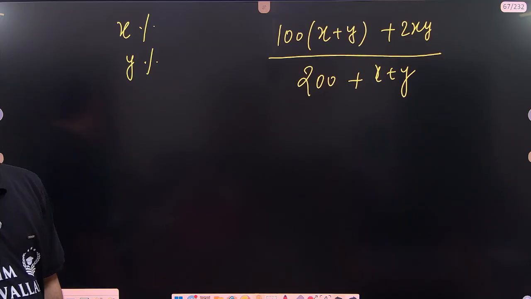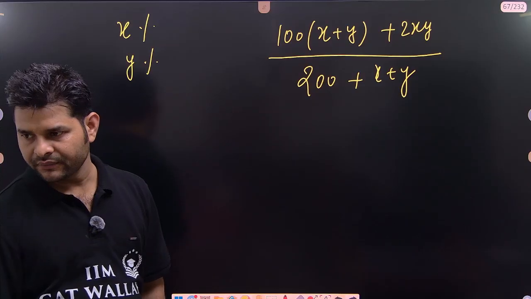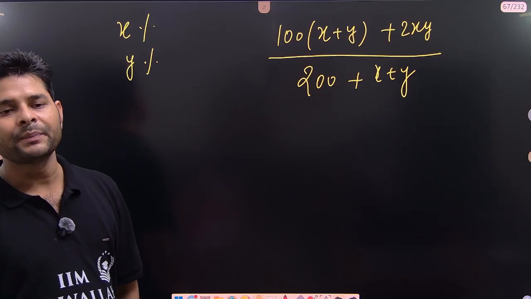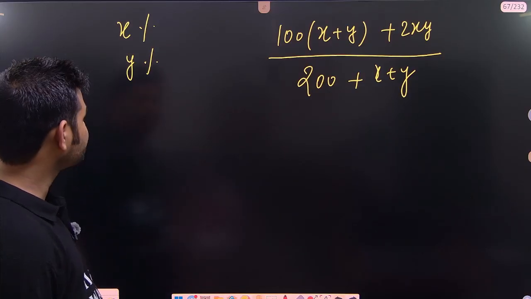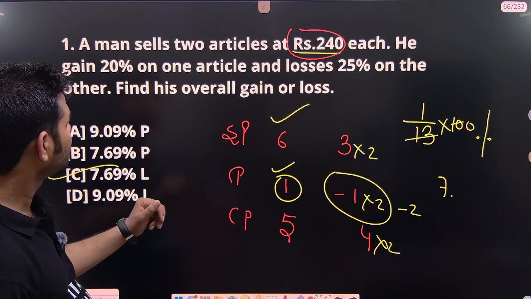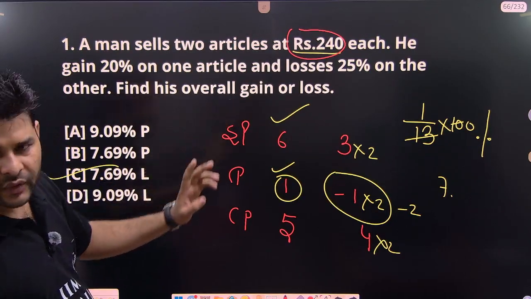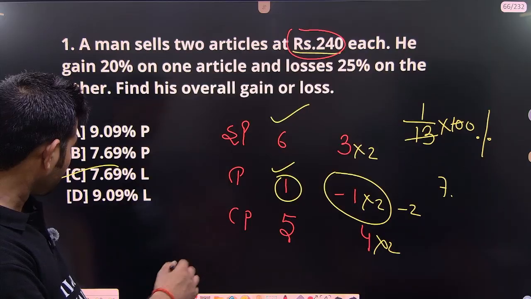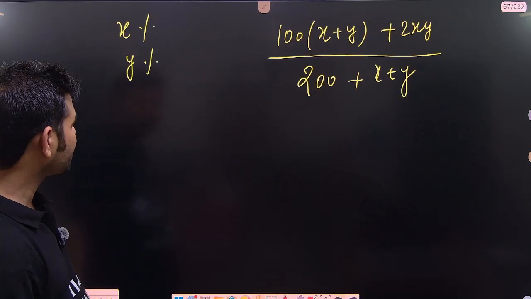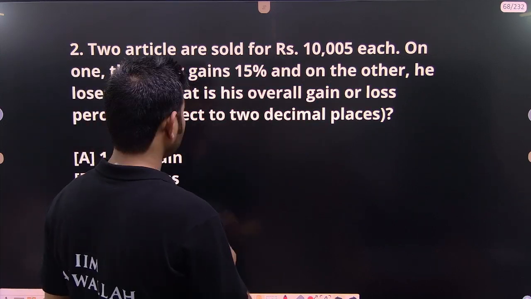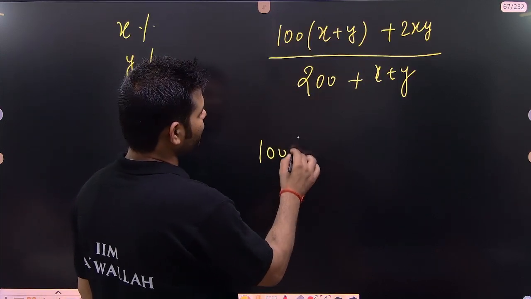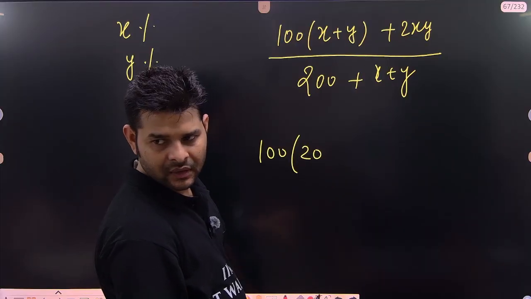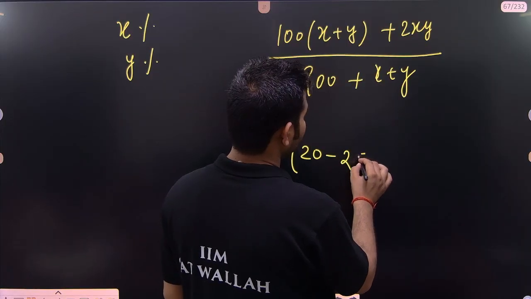In the first question, we were given 15%. In this one, that we have already done, 20% profit and 25% loss. So what would be the direct overall profit and loss? We can directly find out. 20% profit. For profit you need to apply a plus sign. For loss you need to apply a minus sign.